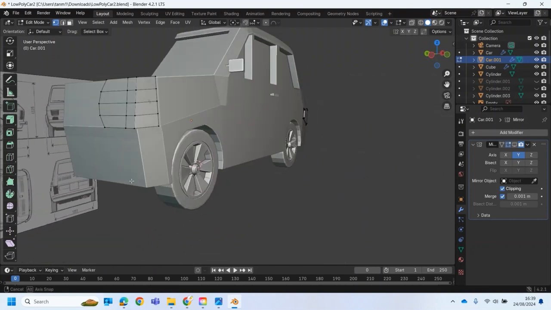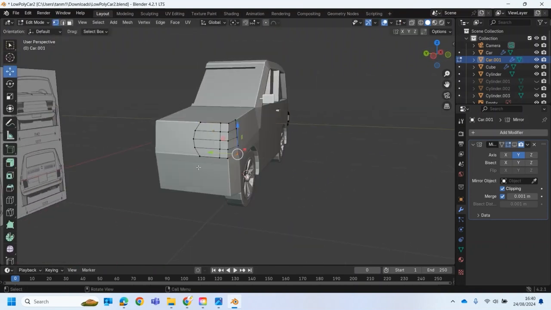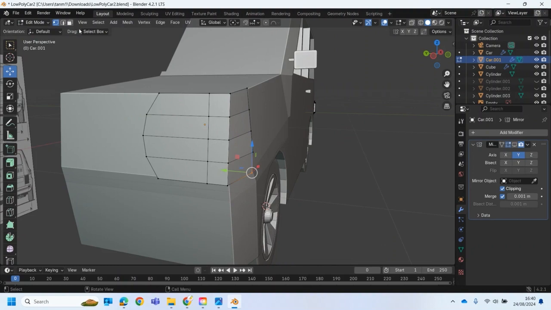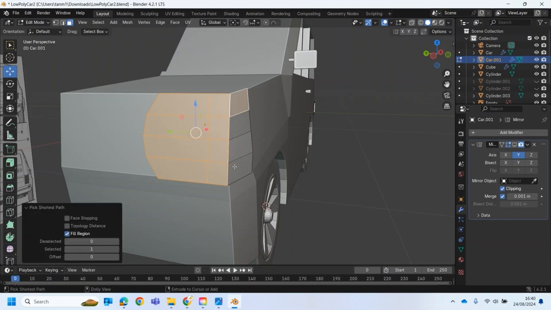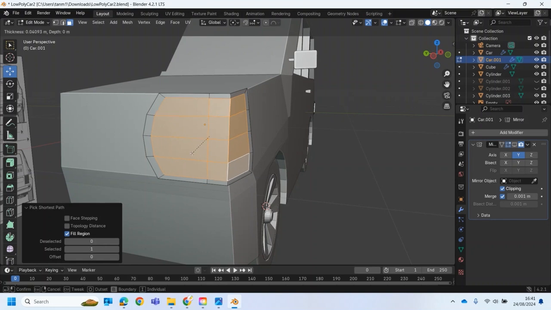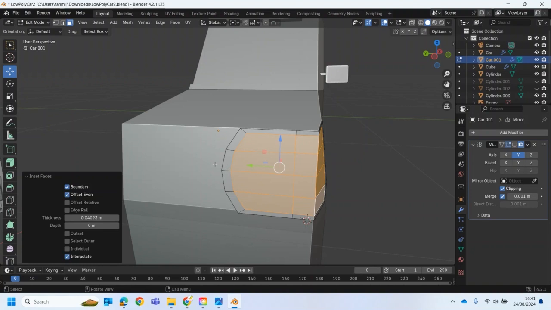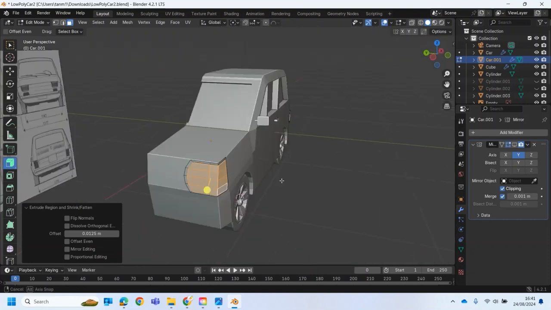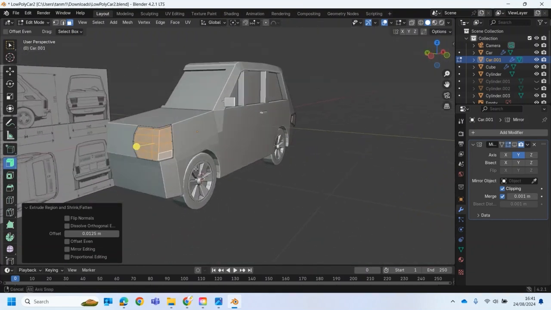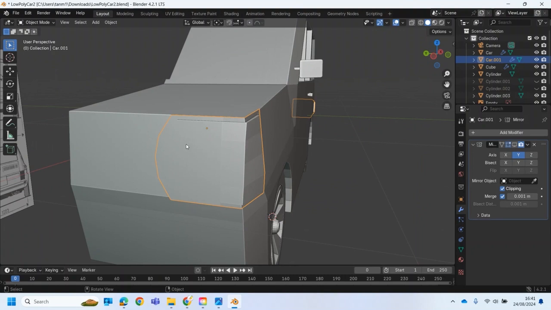Okay. Right, okay. Tab key, and I'm going to select those. If you press Control and then come here, Control and select all of them, inset again, bring them in. Okay, and then extrude along normals out like that. I think it's a little bit too big, so